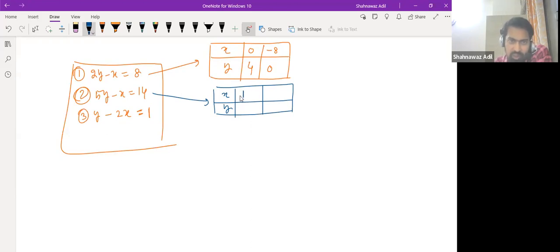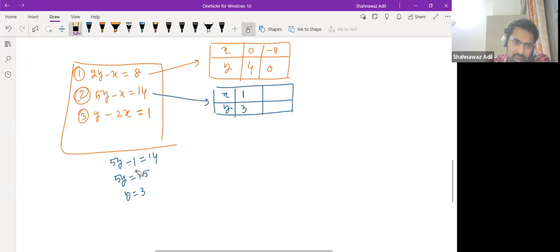At x equals 1, we can take 0 also, right? Yeah, we can take 0, but the answer would be in decimal, so that is difficult to plot in the class. Okay. So if we take x equals 1, then 5y minus 1 is 14. So 5y is 14 plus 1, which is 15. So y is 3. This is one case. And then if you take y equal to 2,